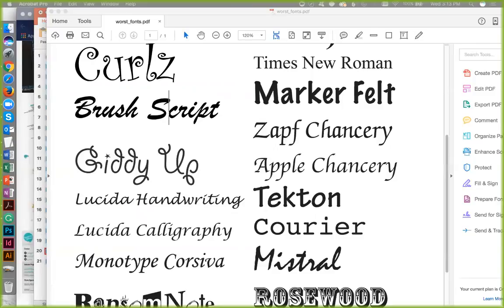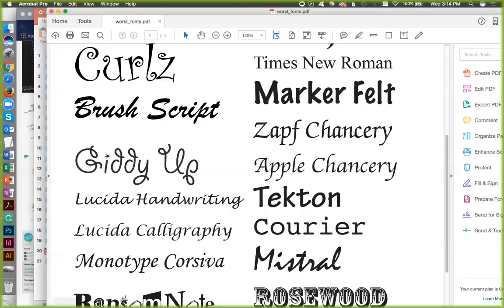It tries to be casual, but it comes off as a sloppy kind of design typography. So it says that you're not serious about what you do. So I want you to really, really be careful about using these typefaces for anything that you do. I'm not saying that you can't use Brush Script or you can't use Mistral, but not in your resume, okay?